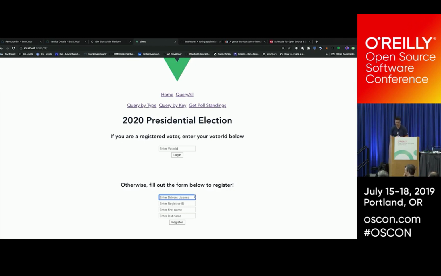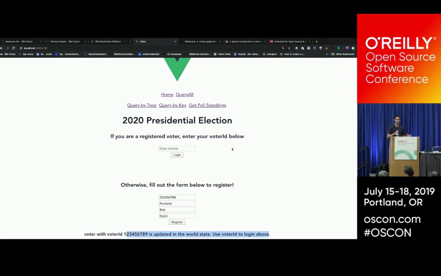What? 1, 2, 3, 4, 5, 6, 7, 8, 9. OK, that works. I'll say Portland, and then I'll just say Bob Dylan. So let's see, so now we're going to register to vote. So now we can see at the bottom, this voter ID is updated in the world state. We can use the voter ID to log in above. So at this point, we've emitted an event, we've invoked our smart contract, and we've registered this transaction on the